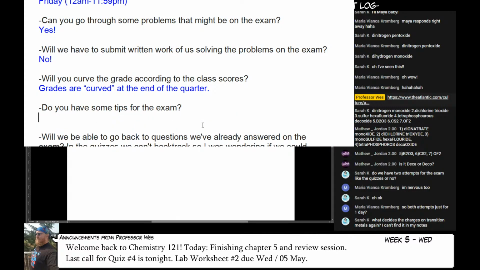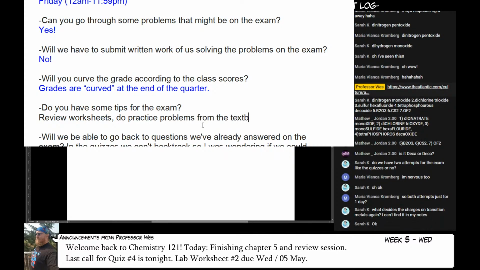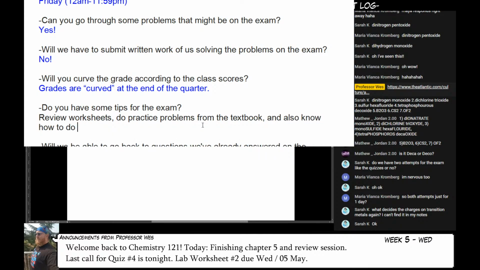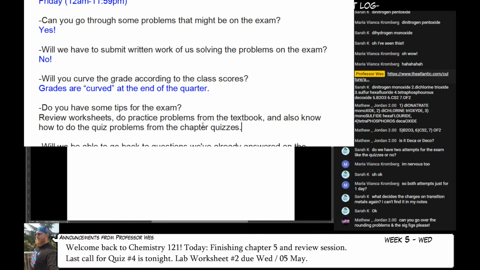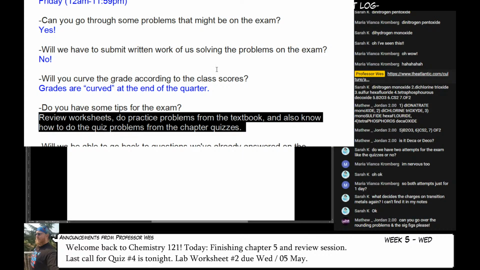Do you have some tips for the exam? So, my advice for the exam is to review the worksheets and do practice problems from the textbook. And also know how to do the quiz problems from the chapter quizzes. I think that that's super, super relevant